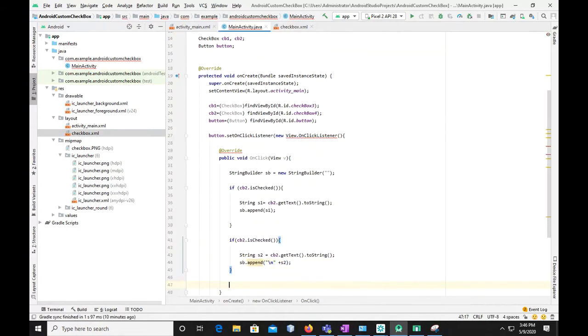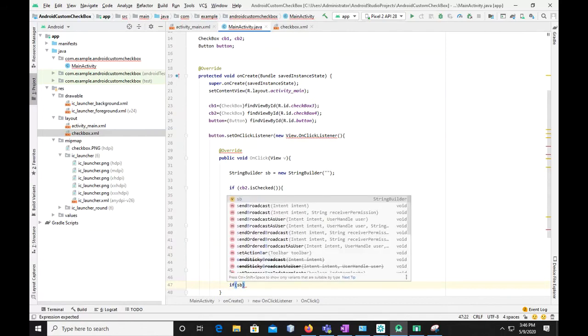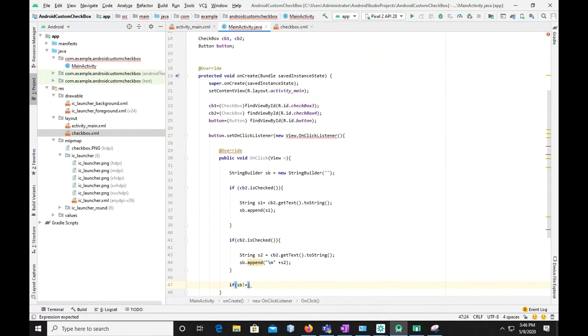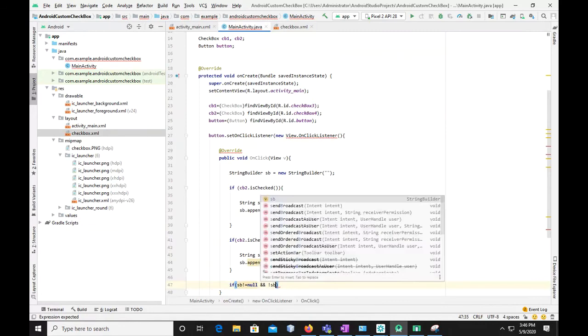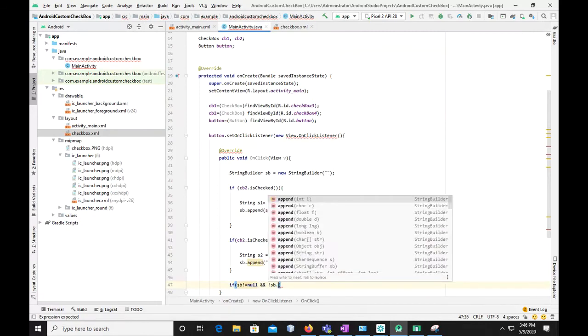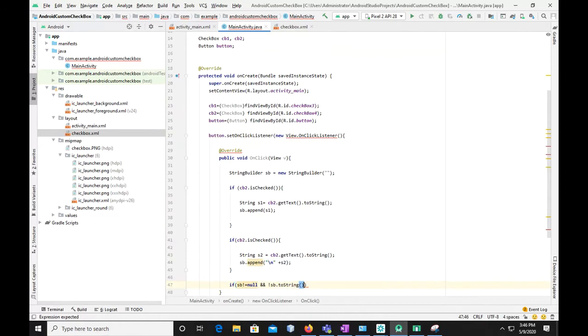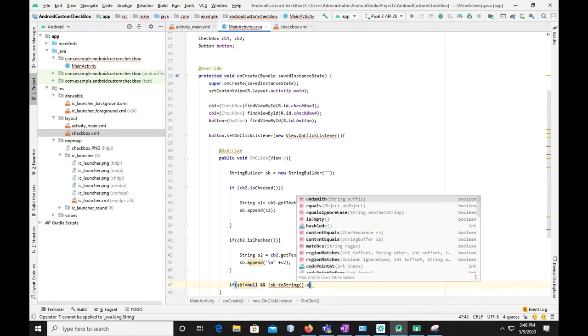Then after that, if sb is not equal to null and sb.toString() equals to